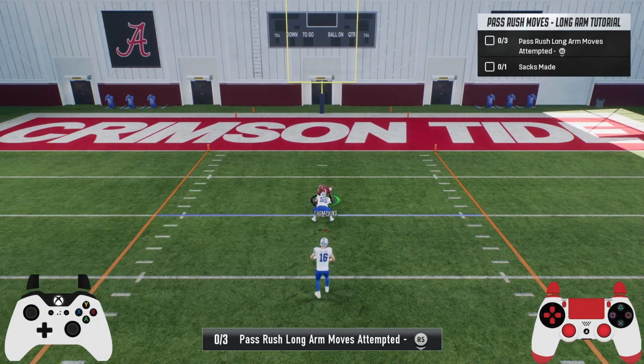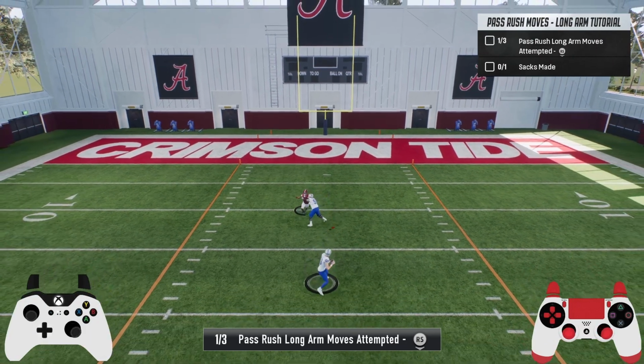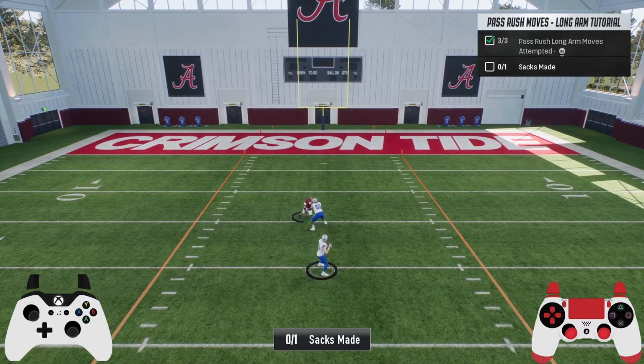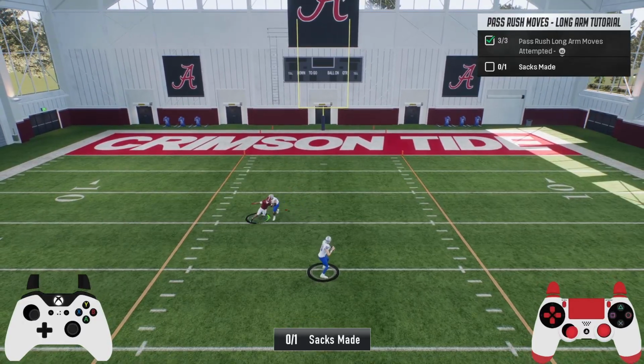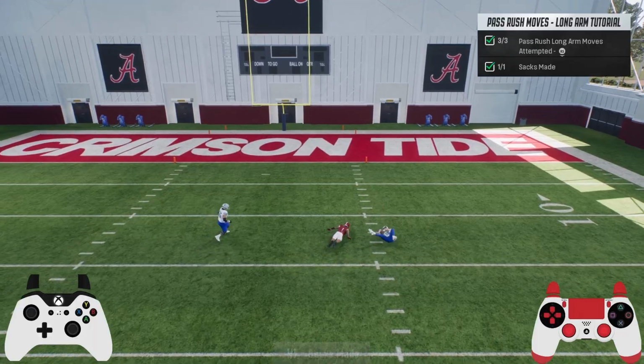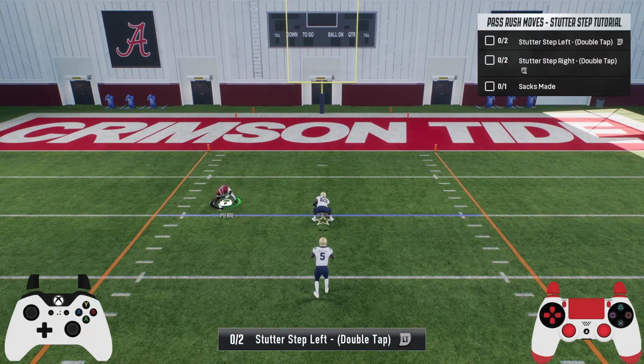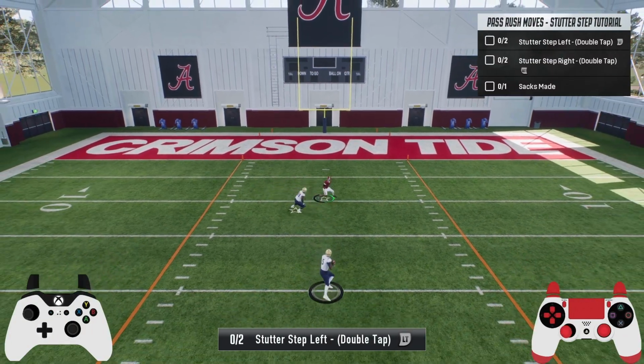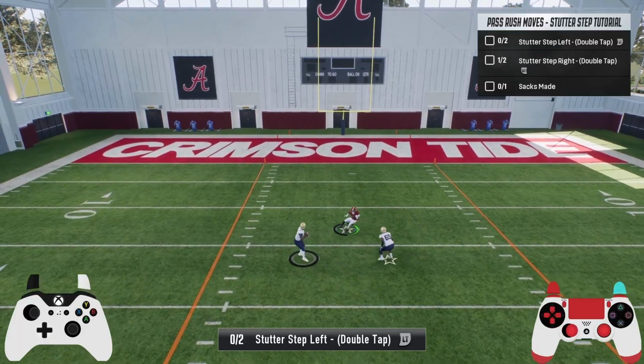And now we're gonna try the long arm pass rush move. For that, flick the right analog stick toward the bottom and you'll be able to perform the long arm pass rush move. Now for the stutter step pass rush move, you need to press RT or R2 for stutter step right and